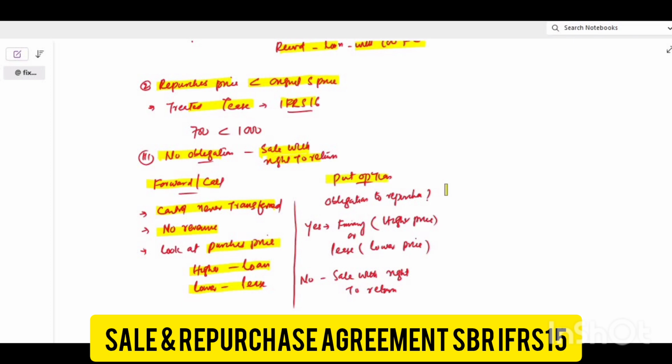If you have a put option, then you will check whether an obligation to repurchase exists. If yes, then it will be a loan if the price is higher, and it will be a lease if the price is lower. Now, if no obligation exists, then it means that the sale was with right to return. Clear? Now let's move on to the text